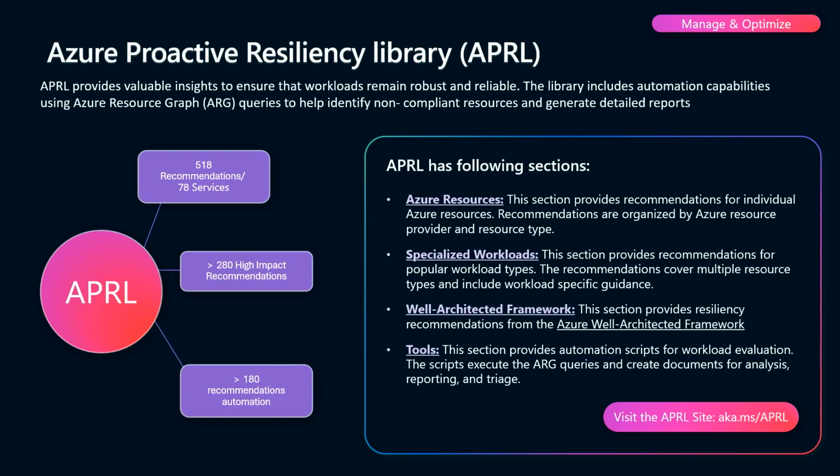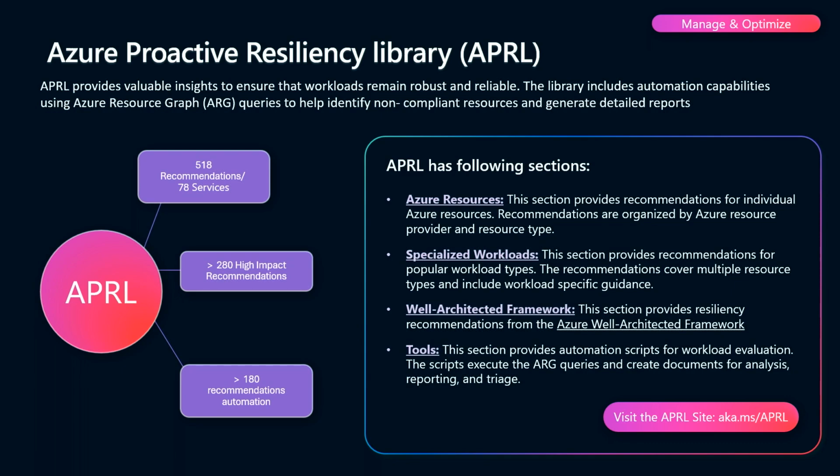And so you can say, hey, I just want to run it against this set of resources and just tell me all my resiliency gaps, and it will give you a comprehensive report by service for that workload of all the resiliency gaps that you have. And the ones that we cannot automate, it will at least call out for you that you have to do a manual check. You have to just go and look to make sure that you've done it.